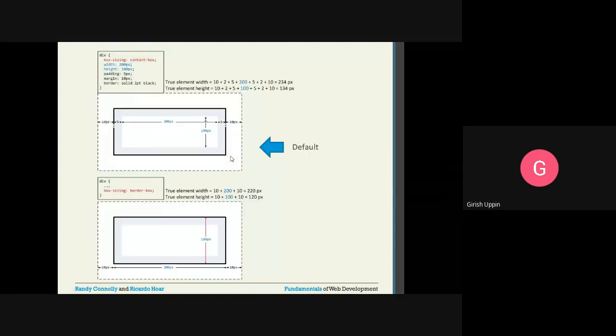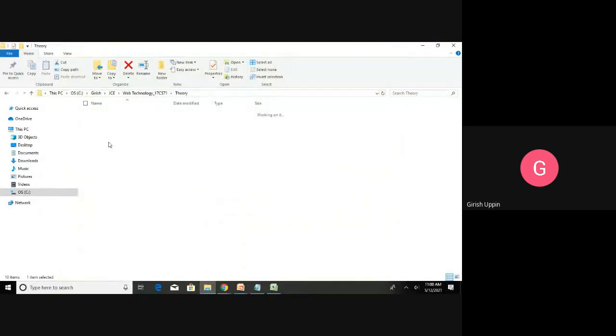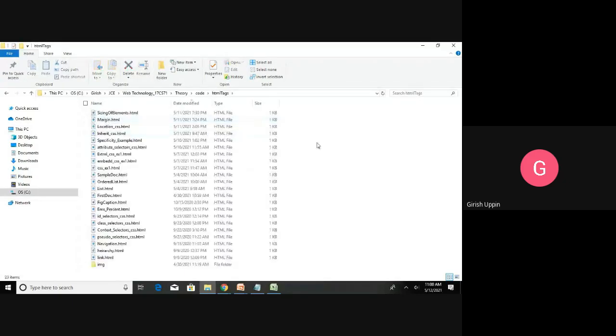Before we go to this example where we will find the width, we will look into some code examples. So I have a margin.html.